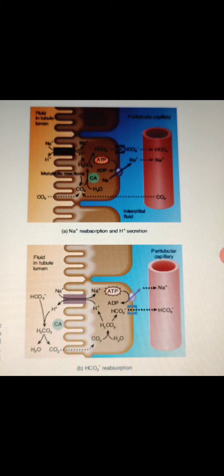Carbon dioxide then diffuses into the tubule cell and joins with water to form carbonic acid, which dissociates into hydrogen ion and bicarbonate ions. As the level of bicarbonate ions rises in the cytosol, they exit via facilitated diffusion transporters in the basolateral membrane and diffuse into the blood with sodium ions. Thus, for every hydrogen ion secreted into the tubular fluid of the PCT, one bicarbonate ion and one sodium ion are reabsorbed.